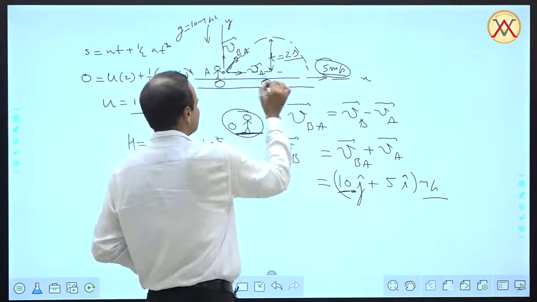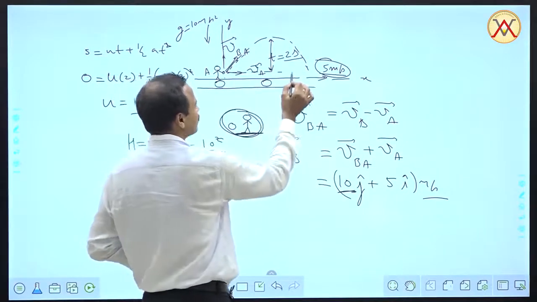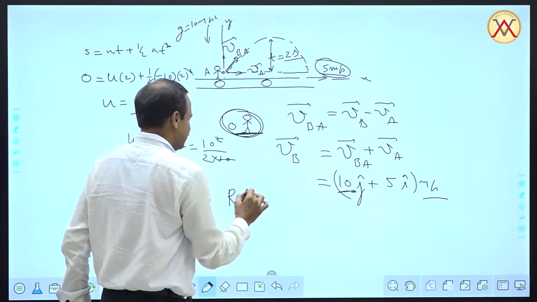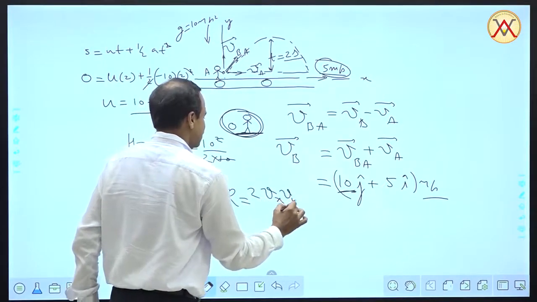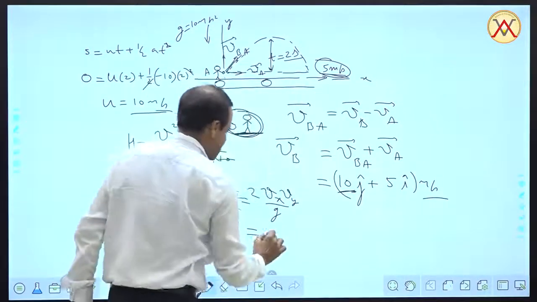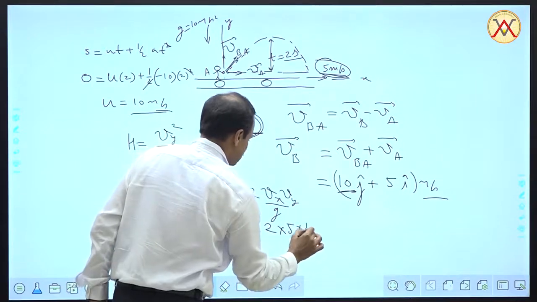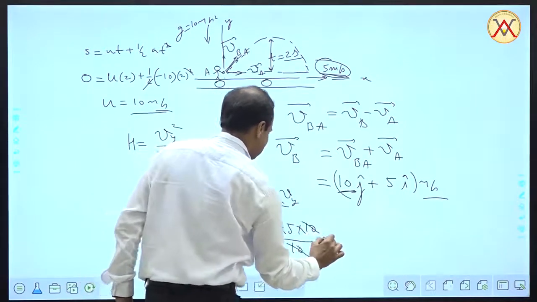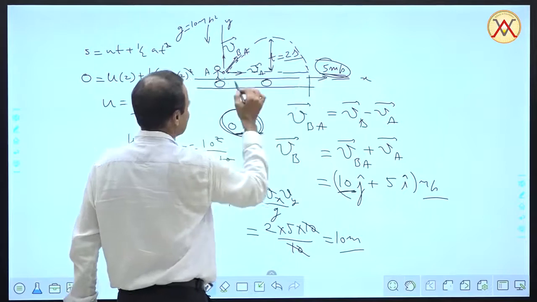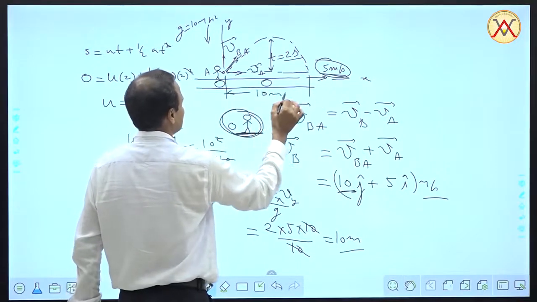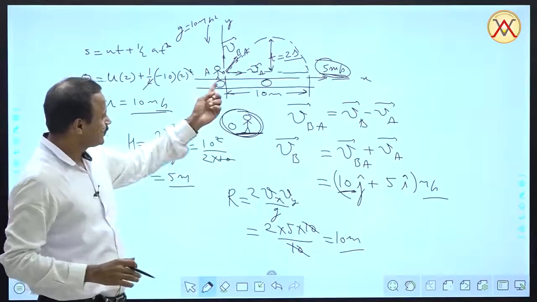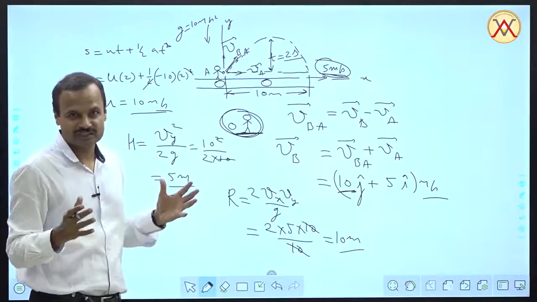And how far from the initial position, as seen by this observer, the ball is caught, that is simply the range of this projectile. So the range of projectile formula is twice Vx Vy by g. Vx is 5, Vy is 10. So 2 times 5 into 10 divided by 10. This is cancelled. So it is 10 meters. The ball is caught back here at a distance of 10 meters. All right. So this is the situation. The path changes if you change the frame of reference in a two-dimensional case.